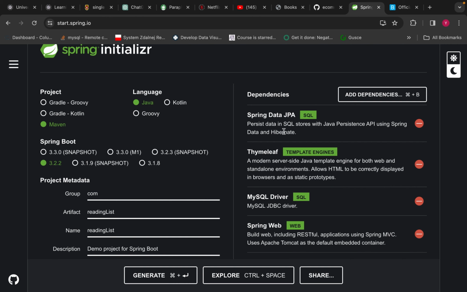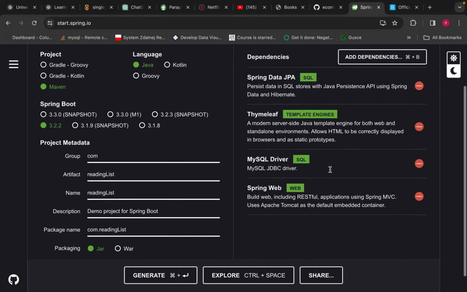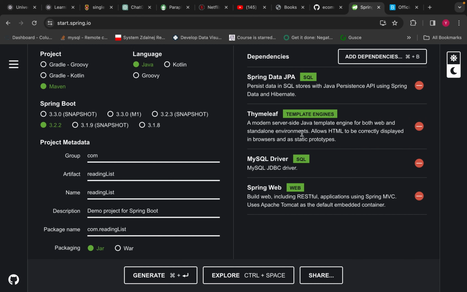We're going to use Spring Data JPA. It's going to be used to persist data from our database and pass it to our controller, which sends it to the template. Then Spring Thymeleaf is going to be used as our template engine to render our templates, retrieving data from our database through our controller class, and then we use our MySQL driver to connect